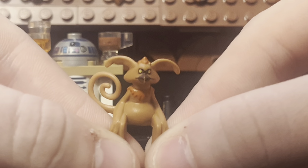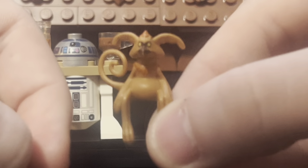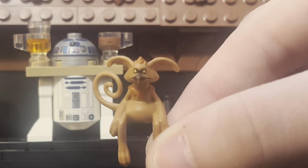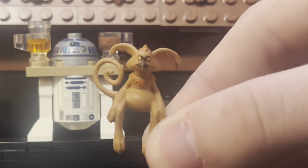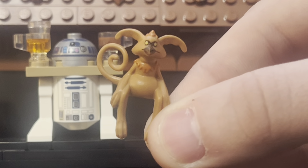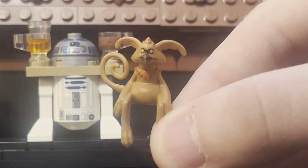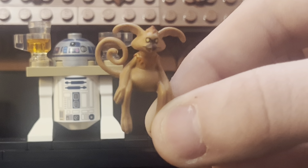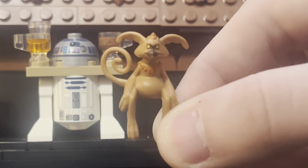You can see he has just ghostly yellow eyes. He should have black pupils, and the box inside the sail barge, as you saw, shows that he should have black pupils. So, when you include that box to show Salacious B and his nice black beady eyes, I don't know why you can't do the two tiny dots on this. That's just out of the question for this. I don't know why they didn't, but